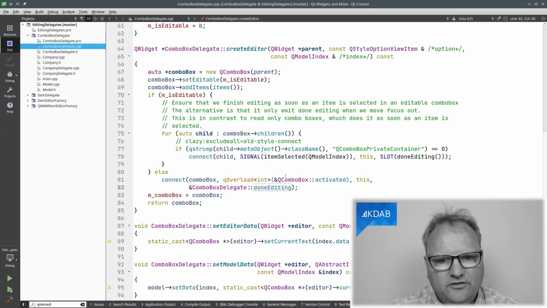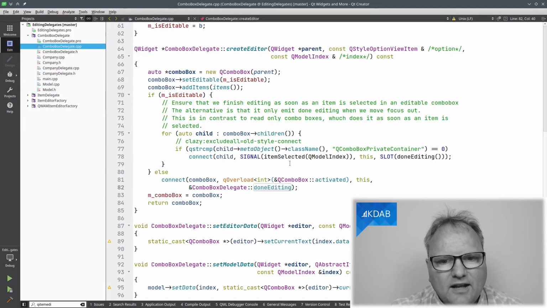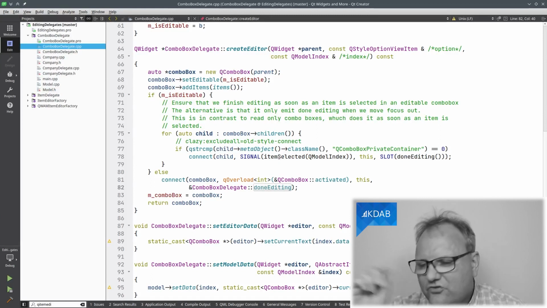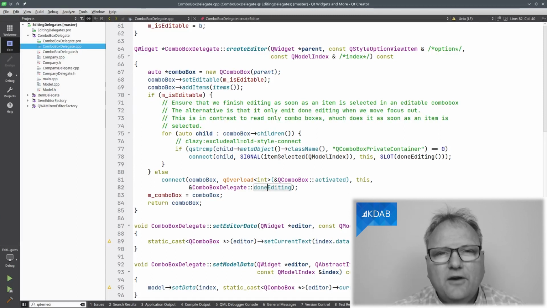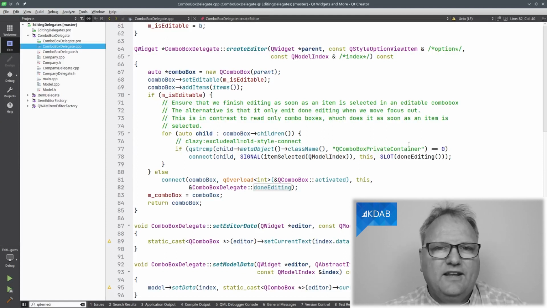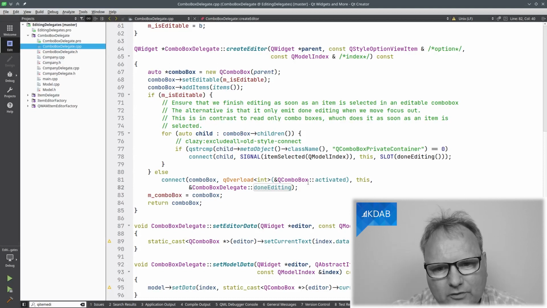Remember the signal slot, you can see it down here, QComboBoxDelegate::doneEditing. Well, QComboBox::activated. But I don't know the class here because that's private API. But I simply take the ComboBox and I traverse through all of its children in the parent-child setup. And by looking at the source code, I realize that there is this QComboBoxPrivateContainer, but I cannot use its class because I do not have access to its header file. It's in a source file deep down there. So there I do need this old school signal slot connections. Why not just use this one down here?